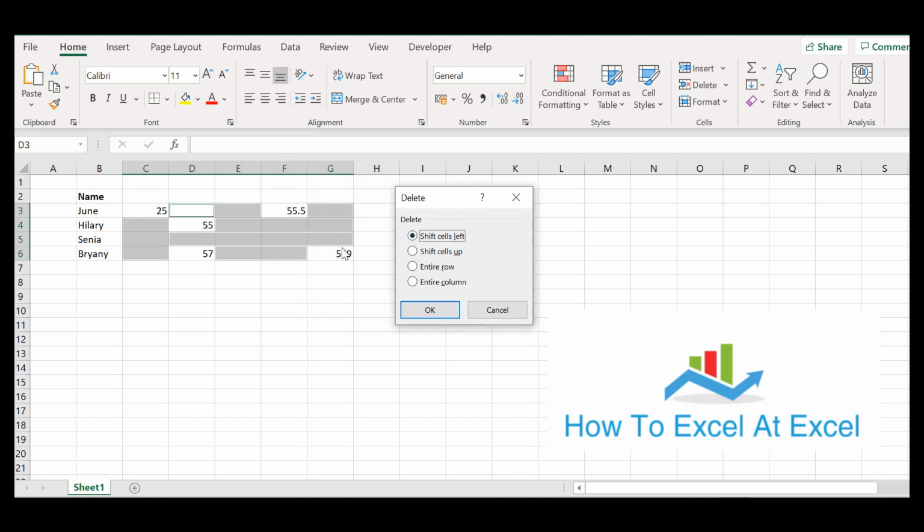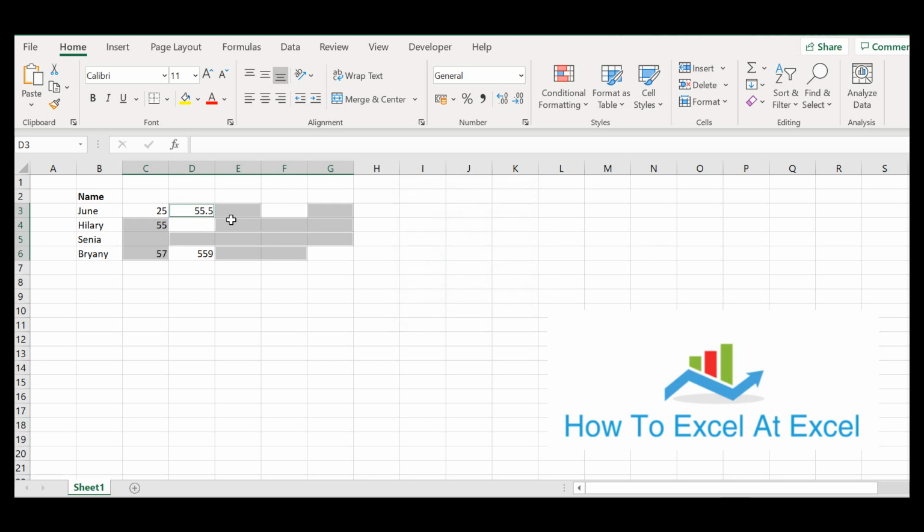So I actually want to shift cells left once they've been deleted, so I'll hit OK, and you can see that my data has been realigned to the left. Let's just reset that. If you're a person who likes shortcuts rather than going Home tab and the editing group,